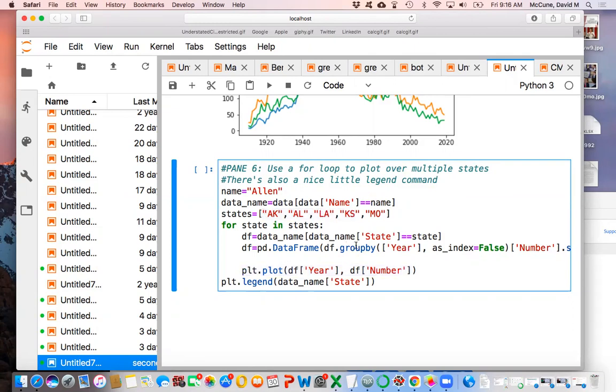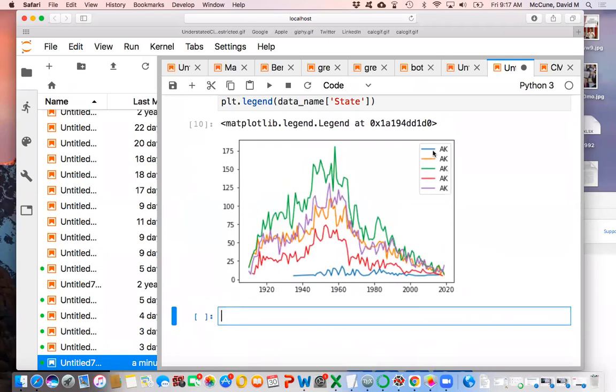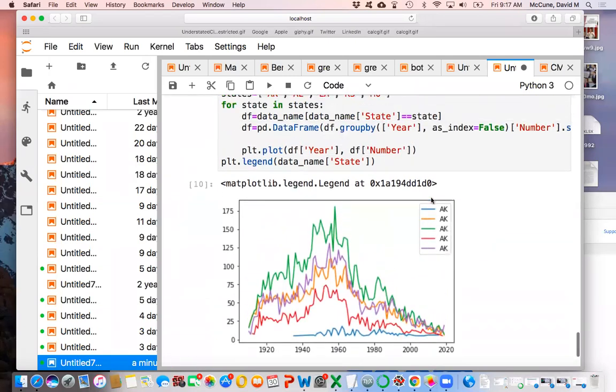So slice by the state, make each year its own bucket, add up how many names you see there, and then plot. And then this last little command here creates a little legend, because once you have more than 2 plots, it's pretty obnoxious to read without having a legend. So here are Allens over time in 5 states, although I said that and now it's not working. I'll have to go back and see why it's not working this time because it worked a week ago when I built this code. So you see this legend is obnoxiously useless.